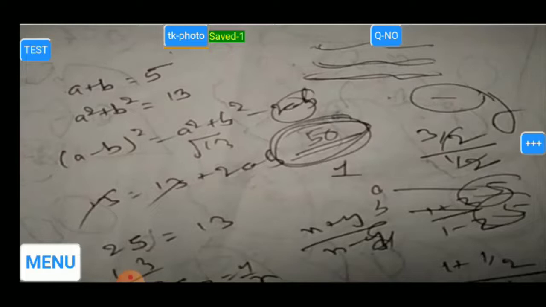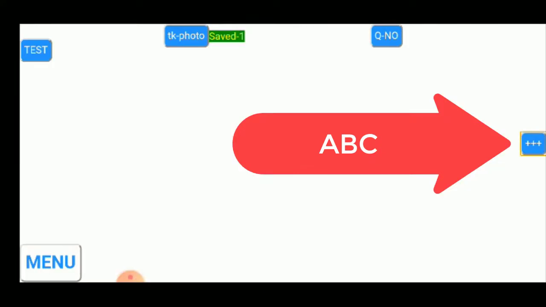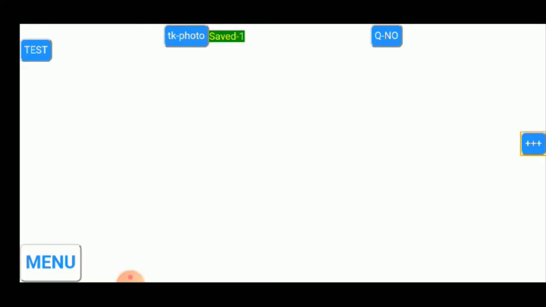Now this is not the complete answer, and I have to add more pages, so I will click on this plus button on the right border. After clicking on this plus button, I'll get this blank page, and I will click on TK photo again.